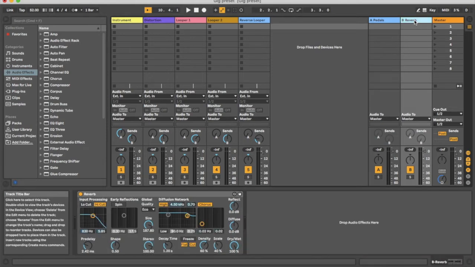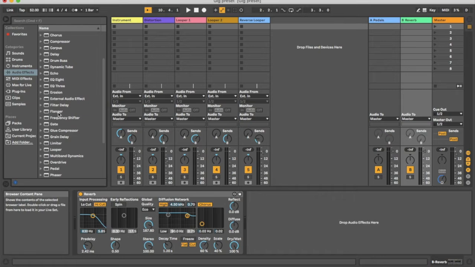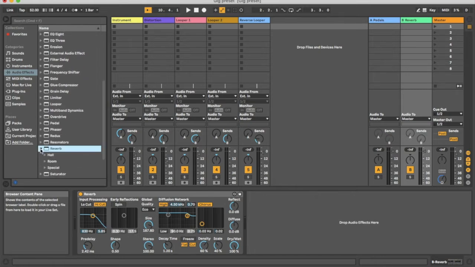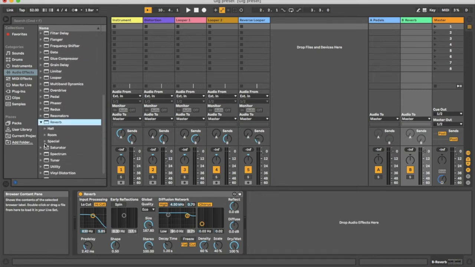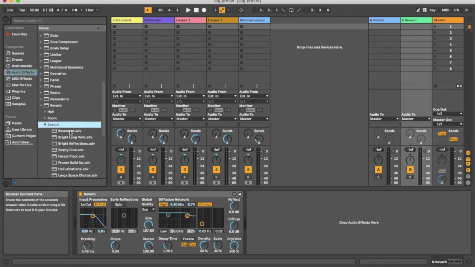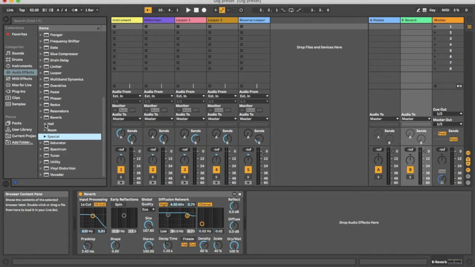The second return track contains my basic reverb that I have tweaked here. So everything here is completely customizable, and this is only one of the reverbs that are available. So if you look under reverb here, there's all different things from hall, room to special, which would be something like replicates a basement, or brighter reflections, frozen build up. All these are different presets that are available, and they're all 100% customizable,